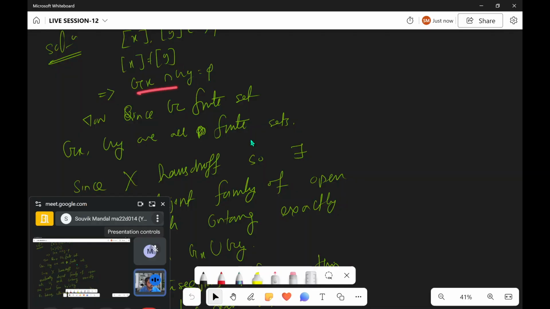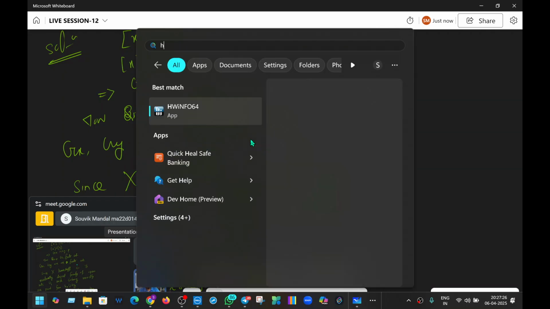So this says that Gx intersection Gy is equal to empty. Now since G is a finite set, Gx and Gy are both finite. Now since X is Hausdorff, there is a mutually disjoint family of open sets U_i, each containing exactly one point from Gx union Gy. And by taking intersection from this, we can also obtain